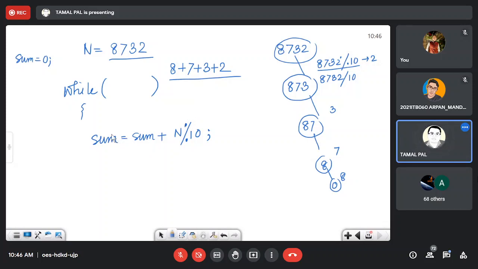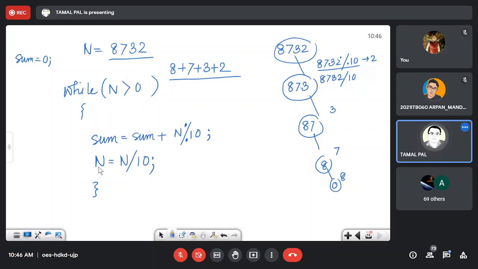But if you like, you may also use it, because you are beginners, so you may require this type of thing. And you have to reduce n also, and this will continue while n is greater than 0.